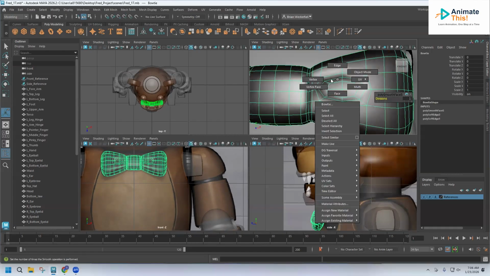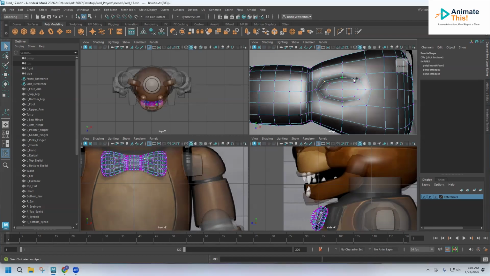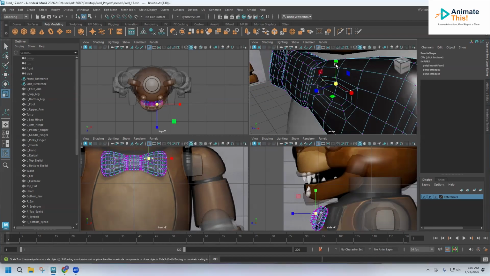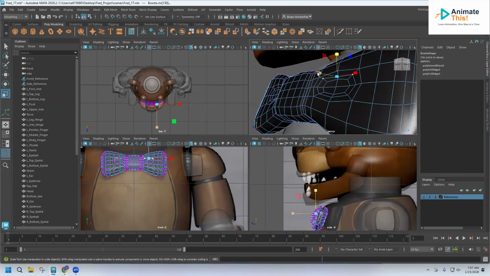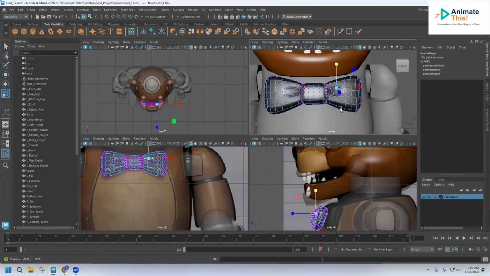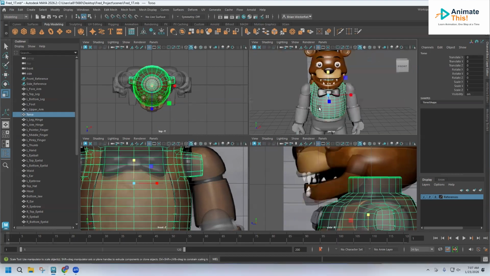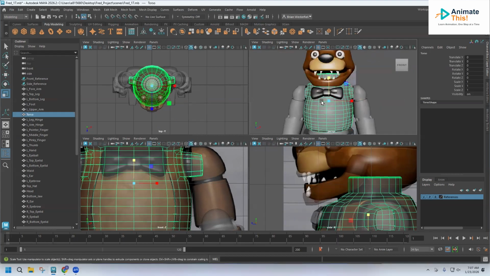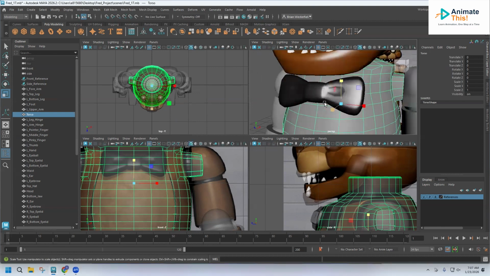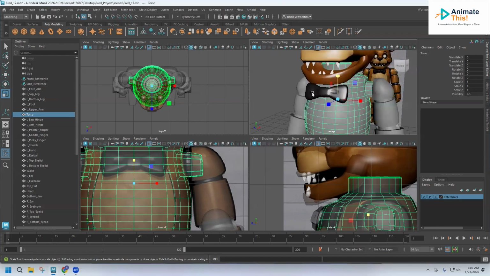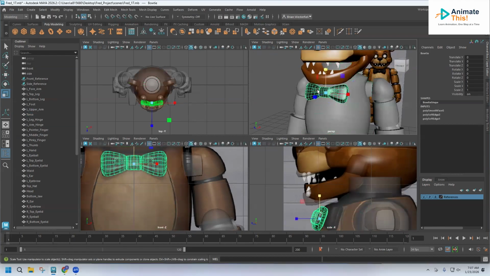You can grab, like, if I want, I could grab all of these vertices, scale them to start making harsher and straighter lines. I'm going to go ahead and leave it for right now because it does look, from a distance, all right for what we're trying to do. It kind of matches what our bow tie looks like back there. But you can spend some time cleaning that up if you'd like. All right, now that I've got that done, I'm going to go ahead and hide it